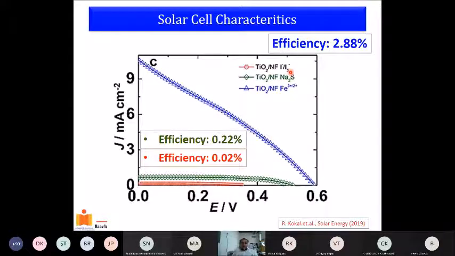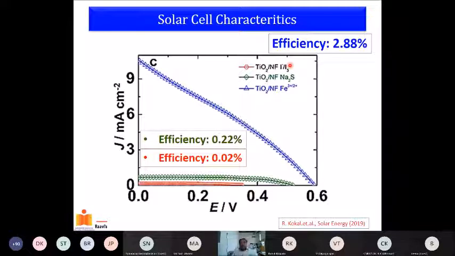Then we happened to get access to a pump-probe measurement system. We did the pump-probe. We found that injection is happening. Okay, so there is no problem of injection from the dye to titanium. There is something else which is happening within the device. So the only thing which is a part of a DSSC and which is not there in this tool, okay, is the liquid electrolyte. Okay, so titanium, dye are the two parts. The third part is the liquid electrolyte. So by changing the electrolyte, we thought we should play with it and get better efficiency.